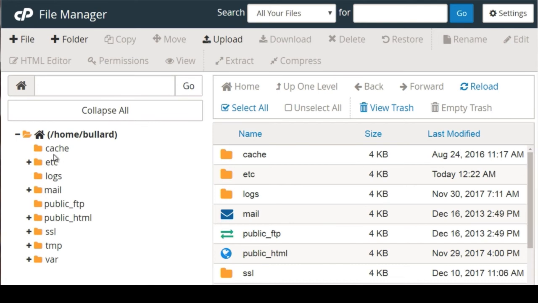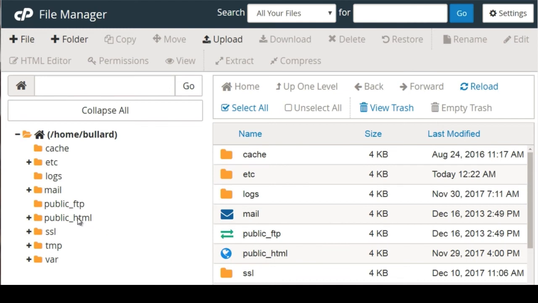So, just keep that in mind and be very careful while you're in here. Right now, I'm in a website and you're going to see all these different folders here. The key thing to remember is that some of you will see public_HTML and some of you might see HTTP docs. If you're unsure about where the file should be located, you'll need to contact your web host because some web